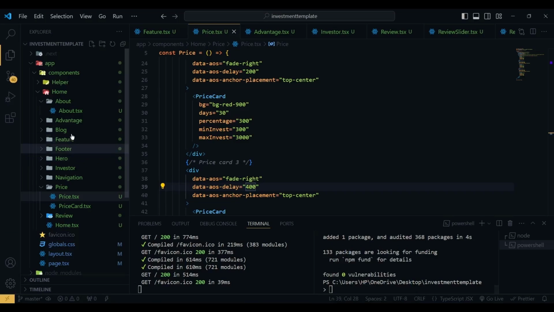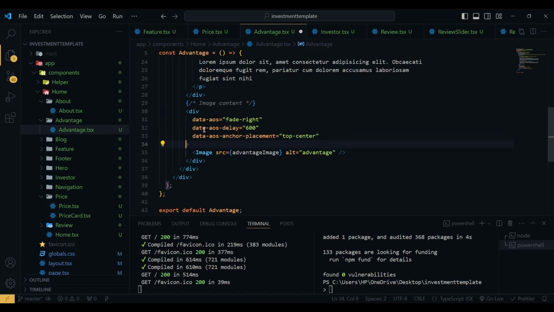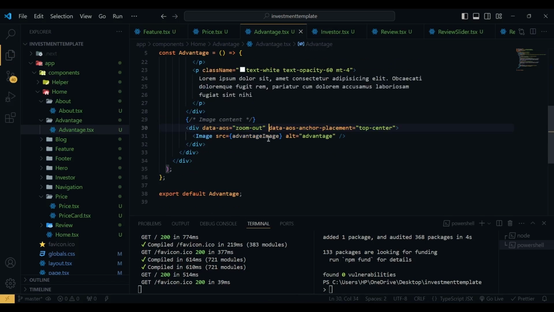So for this I'm going to open my advantage section, and here the image will be animated. So here I'm going to paste the previous AOS property, and here we have zoom out. So zoom out, and we do not need any delay. So now I'm going to save this,